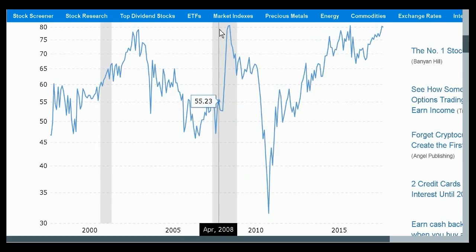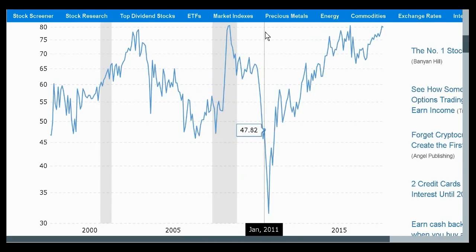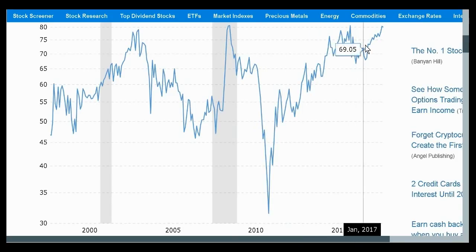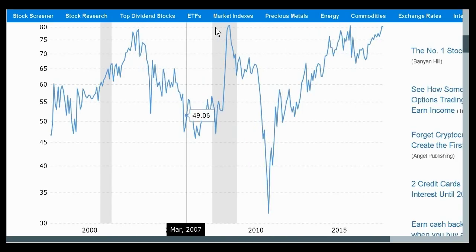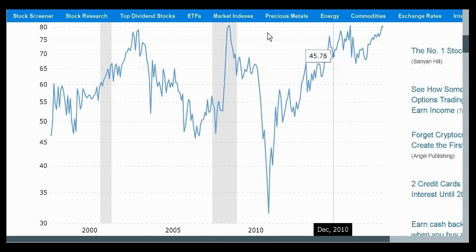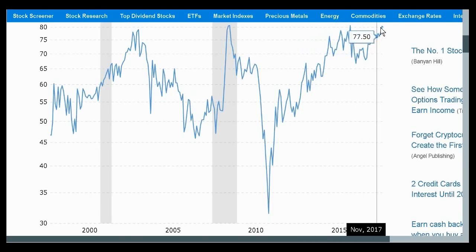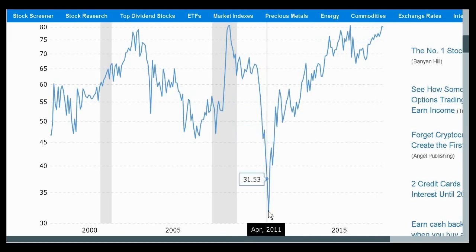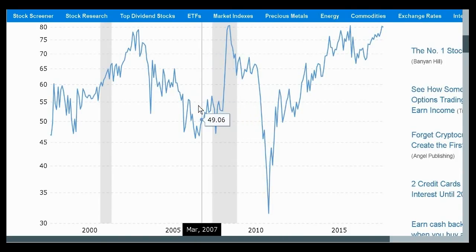Now, there are no guarantees in the stock market, of course, or the commodities market. Just because it has bounced down from 80 three times here, of course it could go higher than 80. It could go up to 90, could go up to the high 90s. There are no guarantees. Just because it bounced off of the low 30s, that doesn't mean that it can't go below 30. Of course it could go below 30.